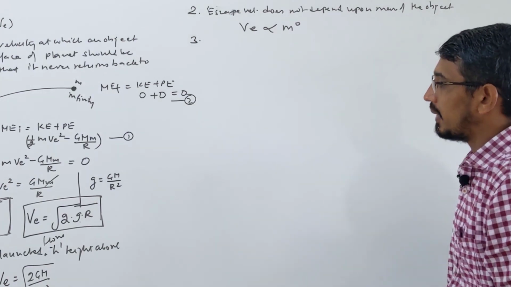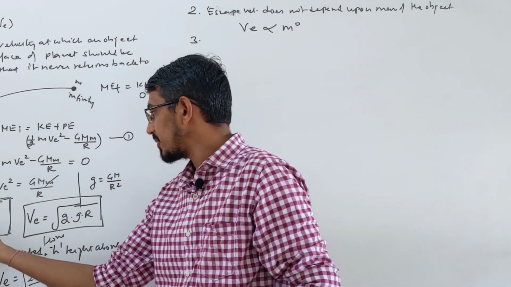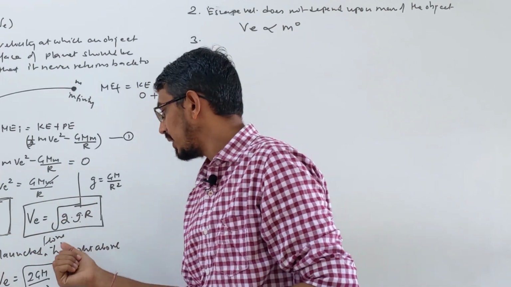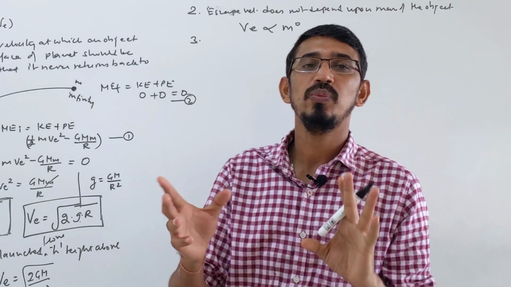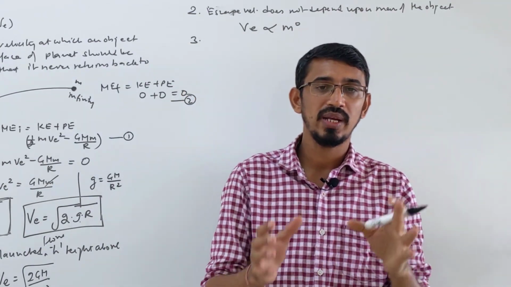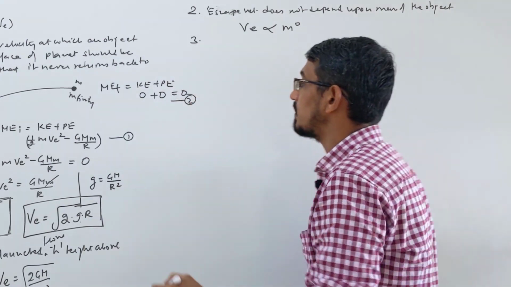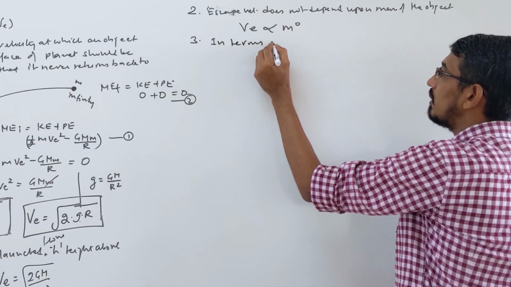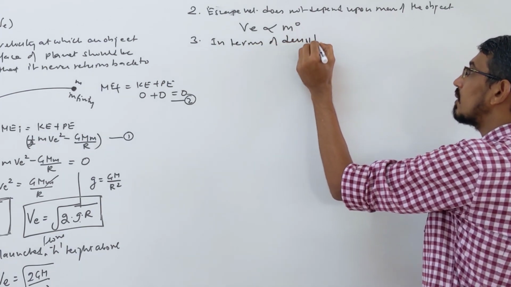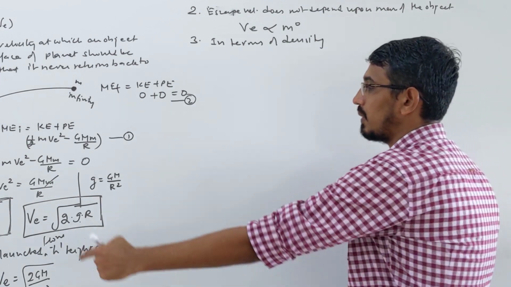Okay. Then this escape velocity, like this is in terms of capital G, this is in terms of small g, and this is in terms of height changing. Sometimes they will compare two planets of the same density, they say two planets have exactly the same density, then how their escape velocity will vary. So in terms of density I am writing escape velocity, in terms of the density of that planet.